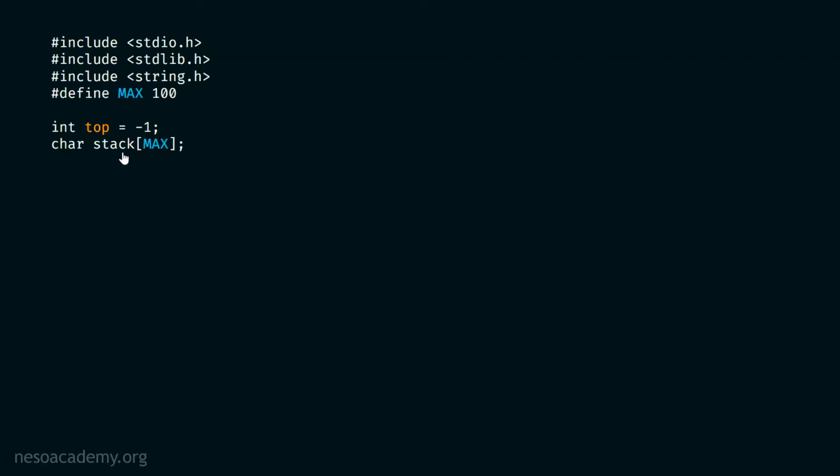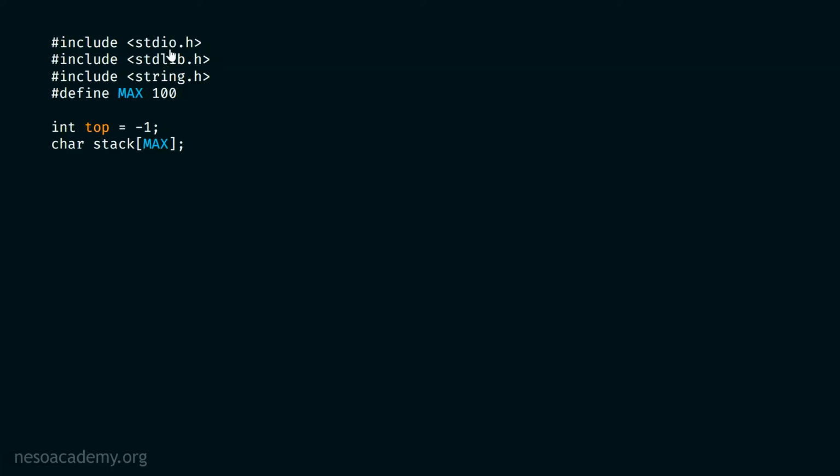And of course, the stack can hold maximum 100 elements because max is 100. As you can see this over here, I have defined max as 100. Correct? And this is an array of characters. Isn't that so? You can see the data type of this array is char. And here we have this top variable which is initialized to -1, which means that currently the stack is empty. This top variable will keep track of the topmost element of the stack. We already know this, right?